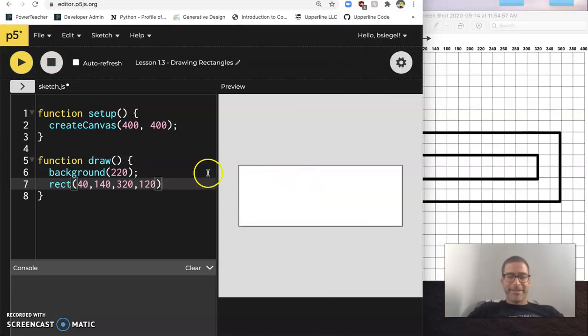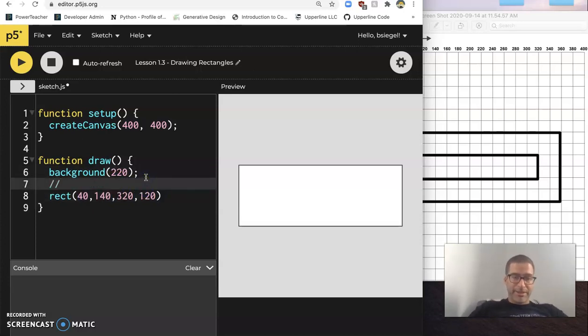It worked. So that's it. Remember, all you have to know is right here. That is the top left-hand corner, the length, and the height. All right? And I'm even going to write out a little note here. If you want to write notes, you do these little slashes. That tells the computer, hey, don't run this code, so you can write in English. But I'm just going to put this note here. Don't feel like you have to type this, but